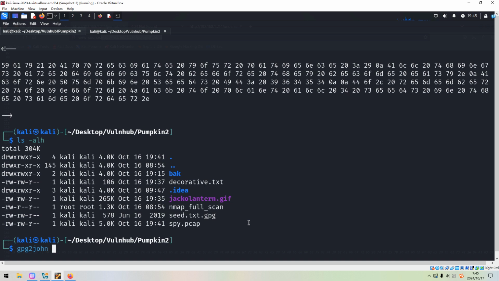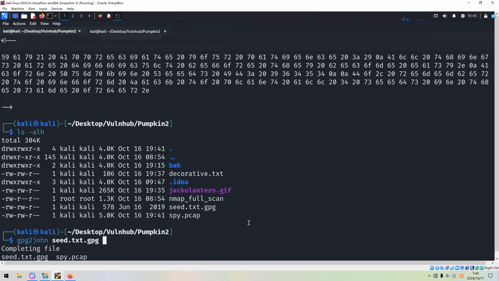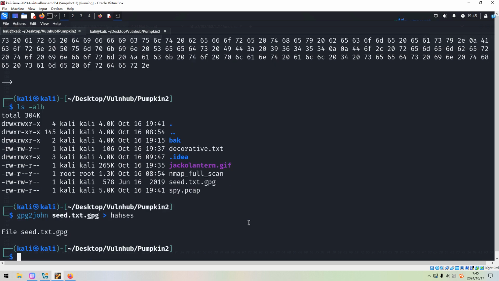we can see it and save it to a hash file, and then we can launch John the Ripper. But if you want, you can try later, and this will not be successful. I must admit, this should be the most difficult part of the entire machine.